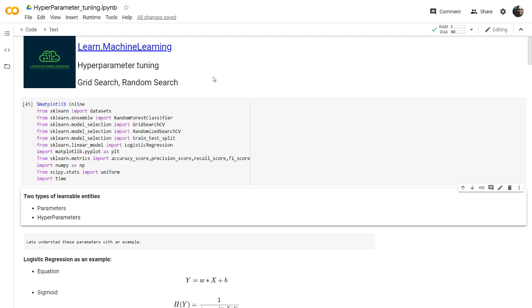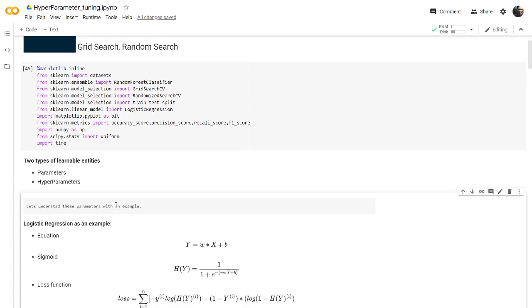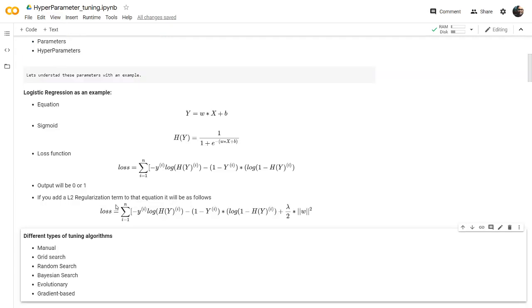So why tuning? Because whenever you try a different set of hyperparameters, at some point with a certain set of these parameters, you will get a minimized loss, because our ultimate goal is to minimize the loss. So we'll be trying multiple sets of parameters to get that minimal loss, so our algorithm works better. Let's understand that with an example here itself.